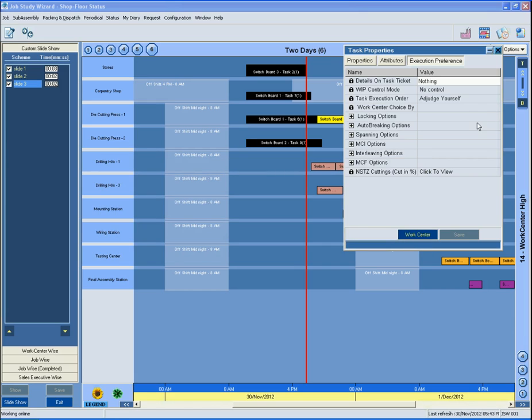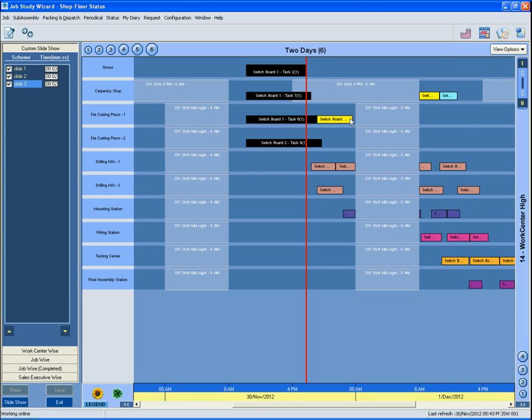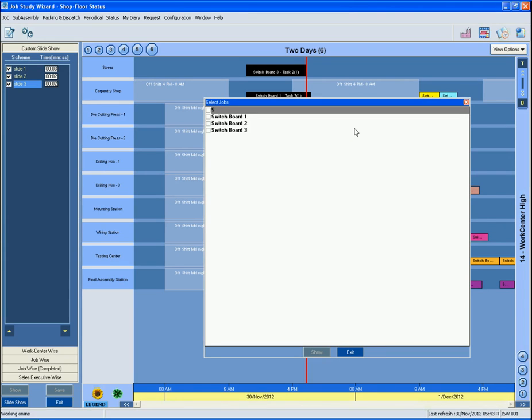View status of selected jobs. You may have filtered out only a few work centers for viewing on the Gantt chart. However, a job may require more work centers than what are seen. So, you do not see the complete job on the Gantt chart. Click this menu item to open a window that lists all scheduled jobs. Click on the checkbox to the left of the job that you wish to see in entirety, meaning with all its associated work centers, and press the Show button below. The Gantt chart now shows the job in question completely.